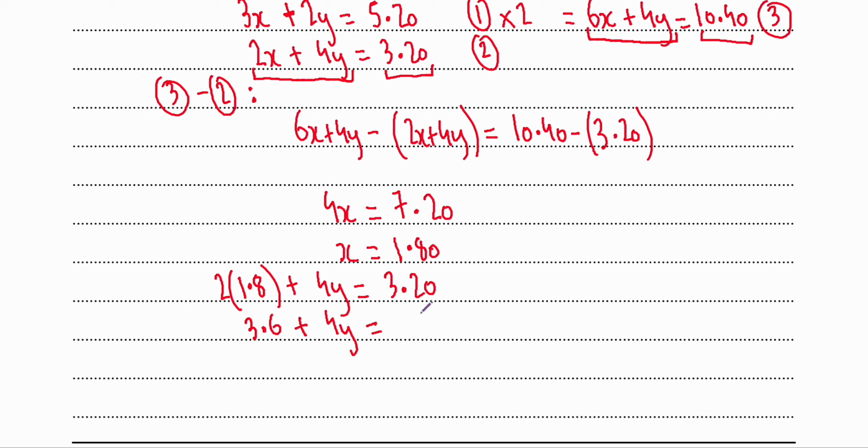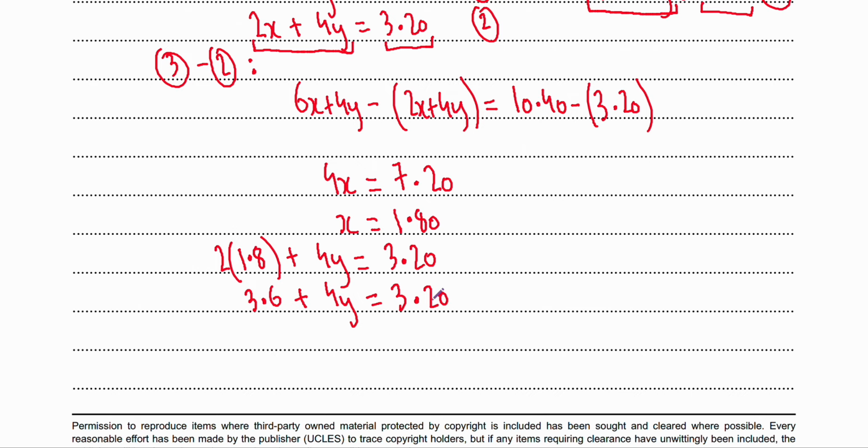And I've realized what I've done here. This is kind of stupid, but you'll see what happens. And then you have 3.6 plus 4y is equal to 3.20. Well, you have 4y is equal to 3.2 minus 3.6, so that's negative 0.4. And you're left with y is equal to negative 0.1, which doesn't make a lot of sense in our question